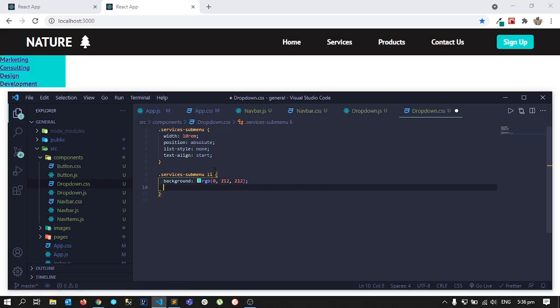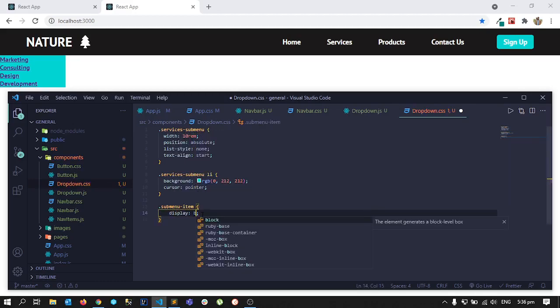Yes, now we can see that, and cursor will be pointer. And let's now grab the services, what did I name the submenu item? Yeah, submenu item, and display block,